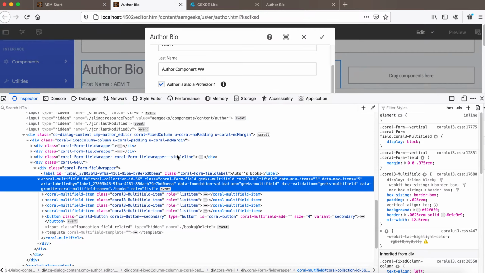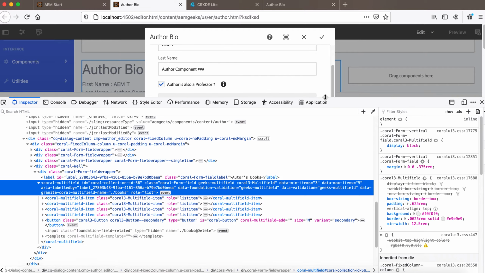So there will be 4 items, coral-multifield-item. There will be other buttons as well. This button is already there, and this button will also be there. But if you see the multi-field, the coral-multifield would be 5. However many I add here will create a node under this multi-field. So we'll use this property, and manipulate this in our validator to check this.